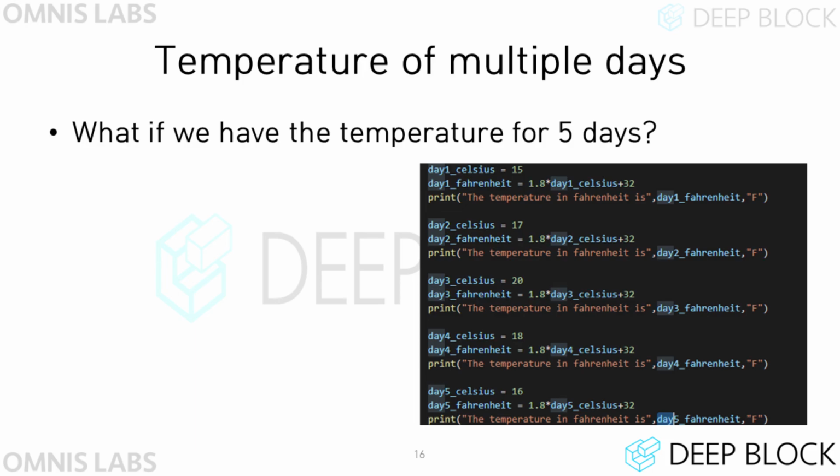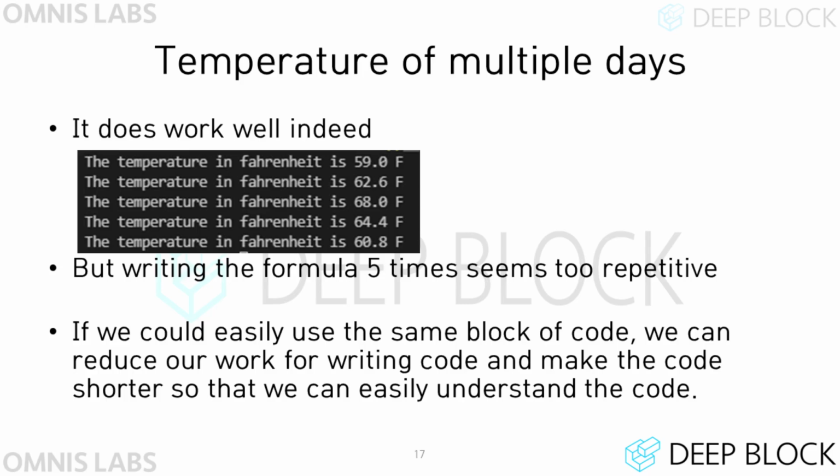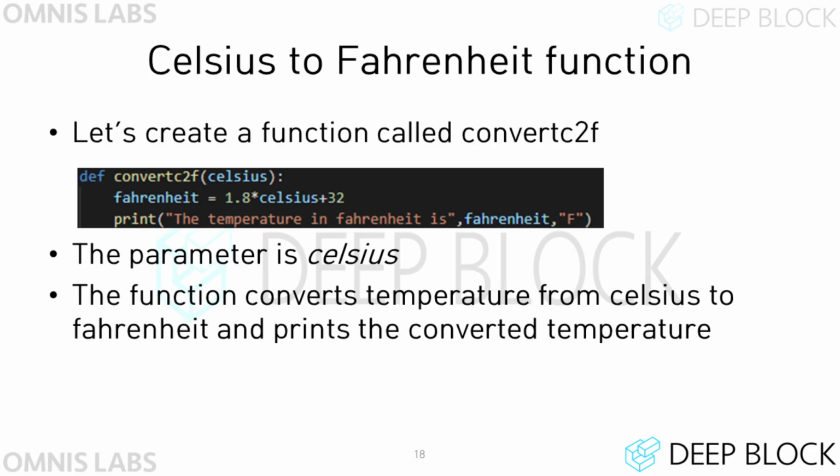But what if we want to convert all the temperatures in the 5-day forecast that Andrew wants to know? The easiest way is to copy and paste the code you wrote earlier while changing only the Celsius temperature variable. If you run the code, you get the result as expected. However, to reduce the length of this code, you can group the frequently reused code into a function. Now, let's implement a function to organize the code.